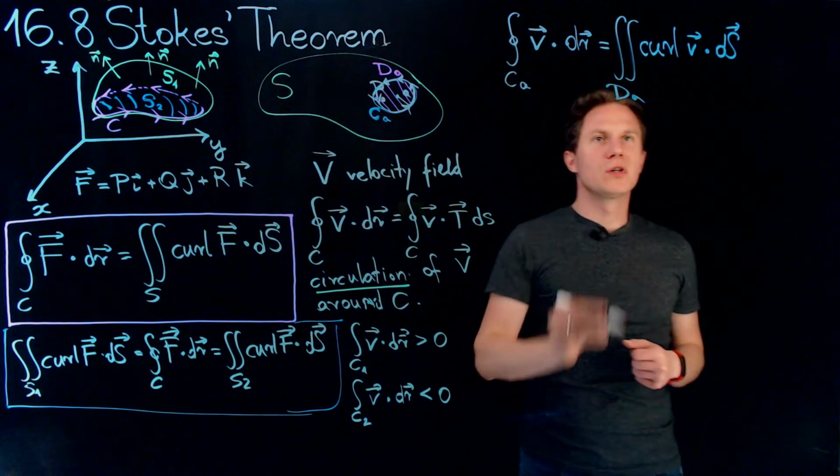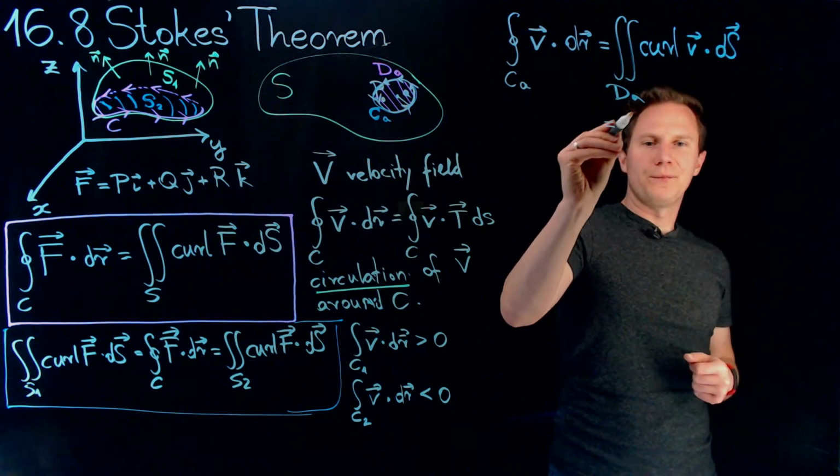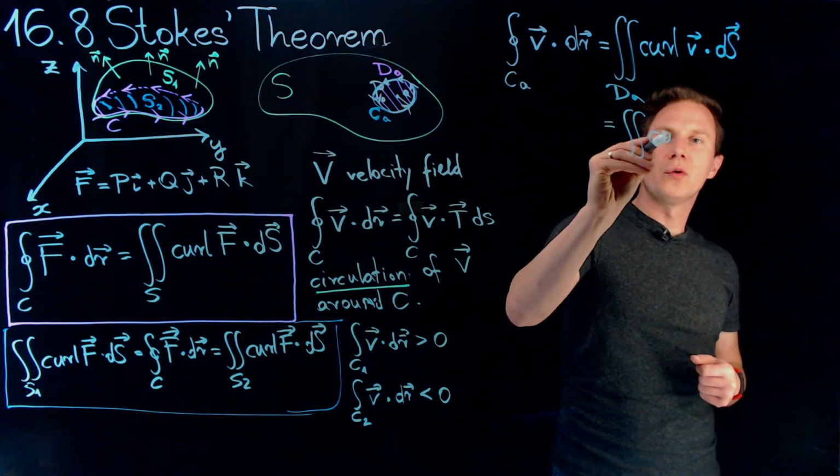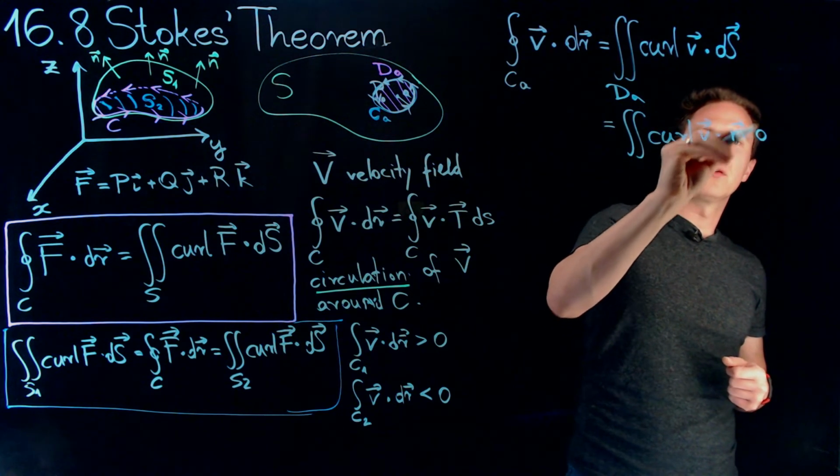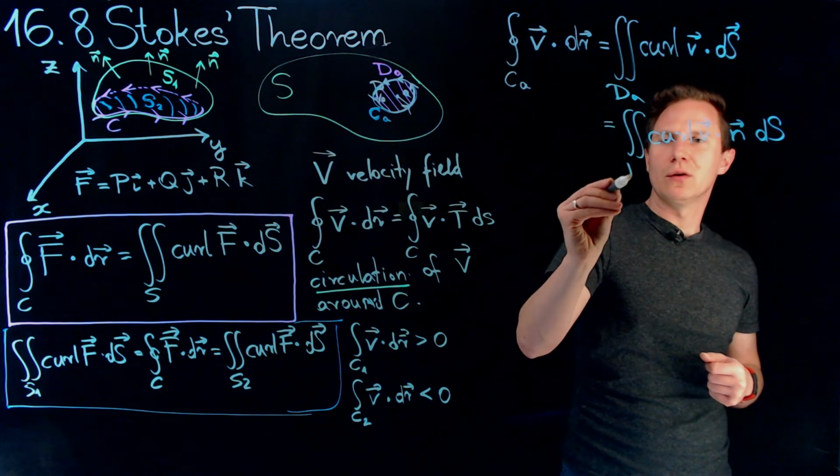Which means that we take the normal component of the curl of V and compute its surface integral